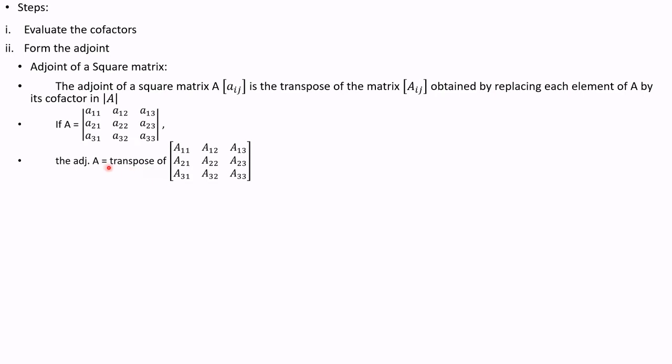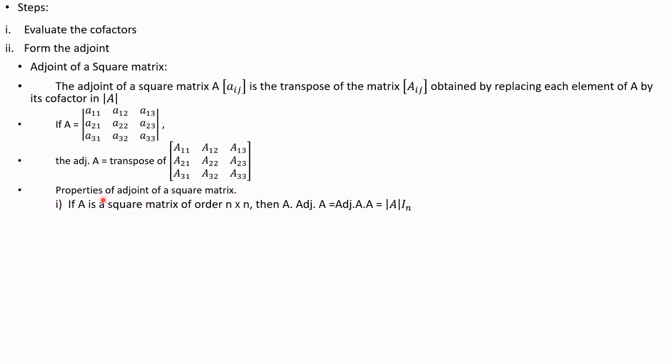The adjoint is the transpose of A11, please note here it is a capital A, A11, A12, A13, A21, A22, A23, A31, A32, A33. How to calculate this we will also show in the subsequent